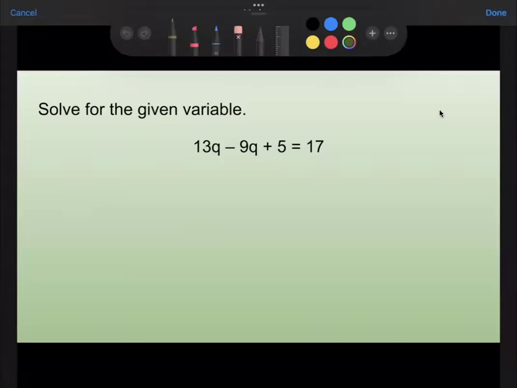Okay, here's our last equation for today's video. We're going to take 13q minus 9q plus 5 equals 17 and use it to solve for q. Okay, so I'm going to start with these like terms that I see that are already on the same side of the equation. That would be the 13q minus the 9q. If I had 13 q's and I took away 9 of them, that would leave me with 4 q's. So I'm going to rewrite that as 4q plus 5 equals